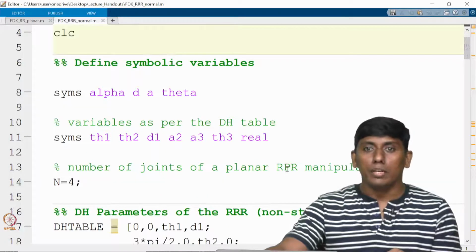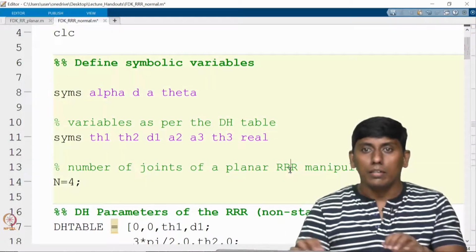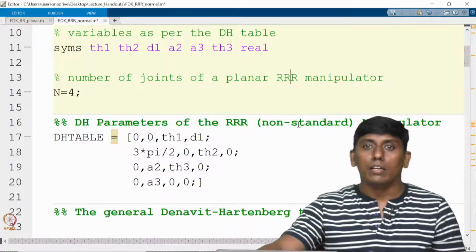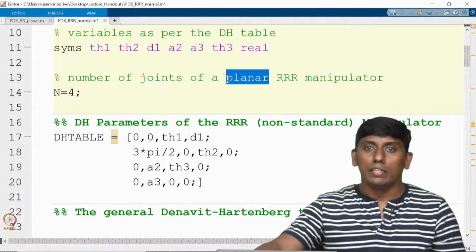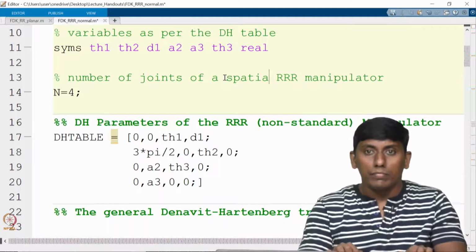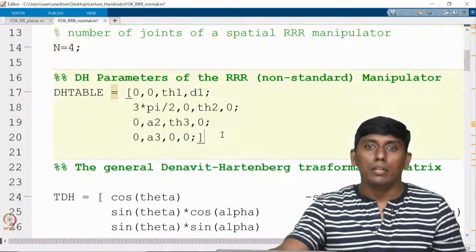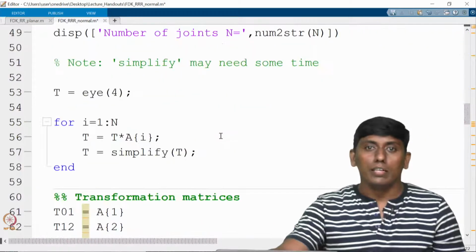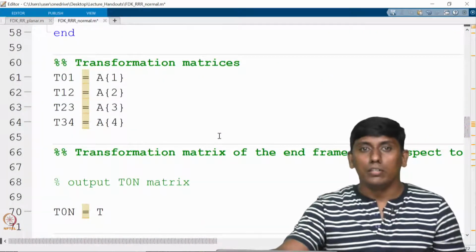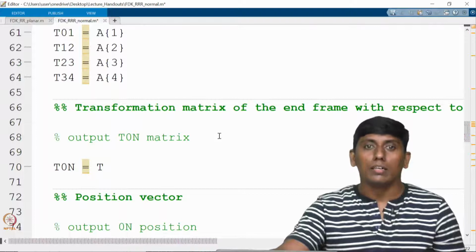Sorry, this is actually RRR. So this serial robot we have seen, it's a spatial one. Okay, so this robot we have seen, this is the DH table, and all these we have seen in your previous simulation lecture.